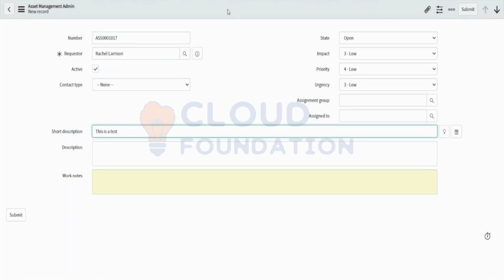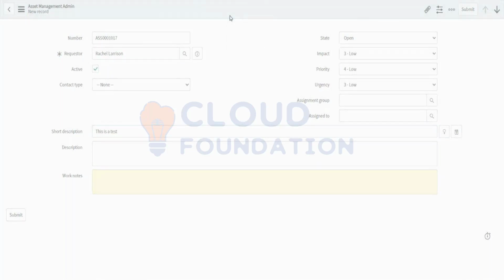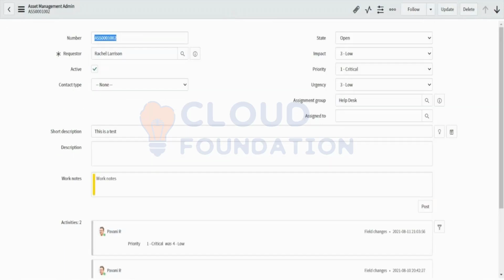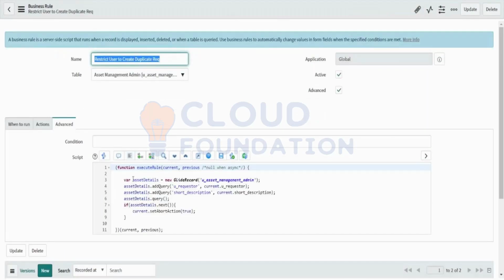And let's save it. See, it's an invalid insert. Okay. Now, is this understandable? What is current and what is the object here? And if you want to make the message much more friendly to the user, can we